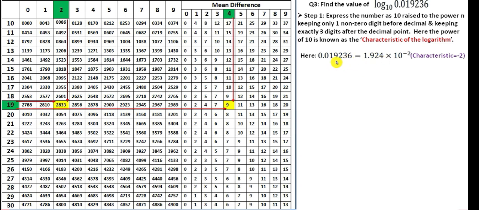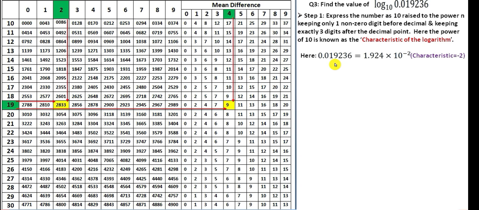Let's say the question was 0.019232, then here you would write 1.923 only. But since here it is 6 and it is greater than 5, we have to add 1 to the previous digit. So it will be 1.924 into 10 to the power minus 2. See, here you have moved the decimal towards the right, so here it will be minus 2. You have to verify at the end that the number that you have formed and the number that is given, whether we have written them correctly or not. Okay.